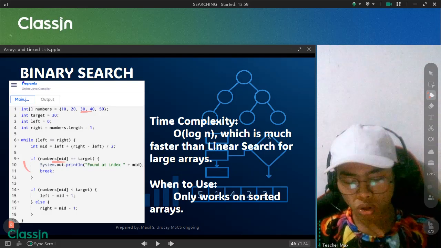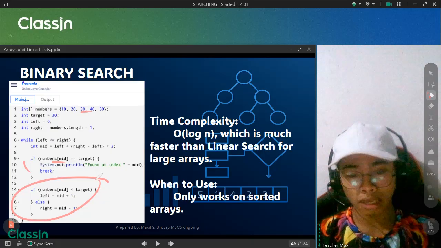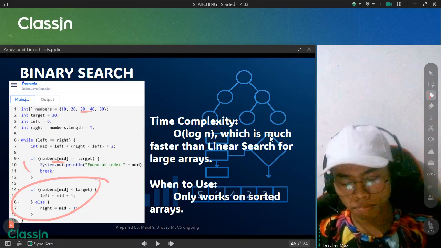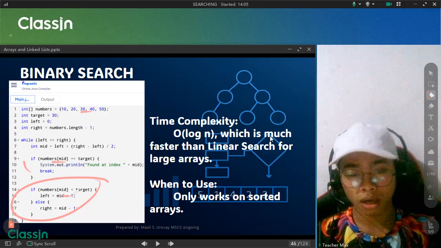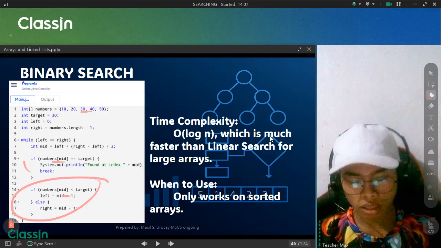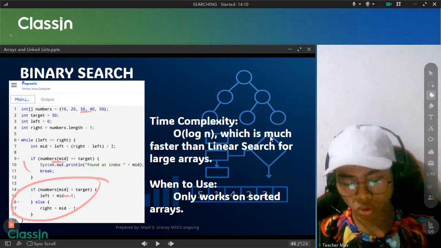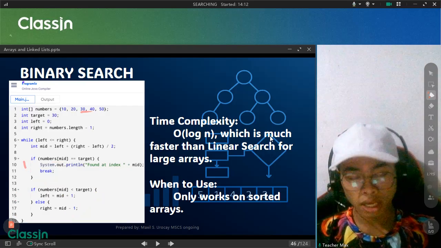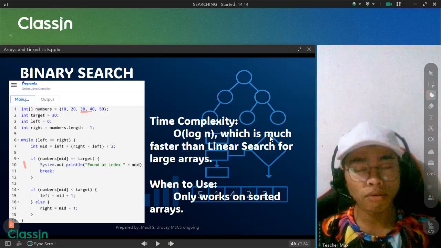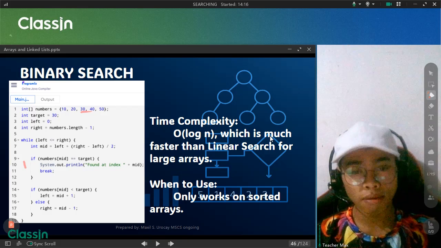But we also have another statement here, the else if. If numbers mid is less than the target, that means we will perform left equals mid plus 1. Why is left mid plus 1?